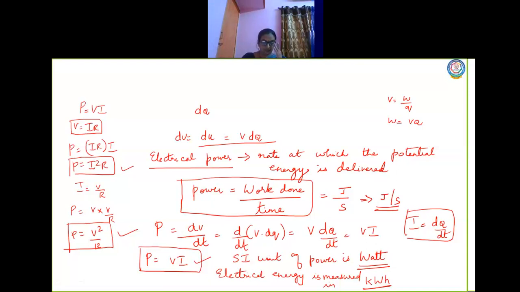I'll just explain the problem so that you understand. You have to do this today, right? Example 2.15 you take, children. A battery of voltage V is connected to a 30 watt bulb and a 60 watt bulb as shown in the figure. A, identify the brightest bulb; B, which bulb has greater resistance; and C, suppose the two bulbs are connected in series, which bulb will glow brighter. So there are three questions. The first question is to identify the brightest bulb. So which bulb glows brightly? That is the question.